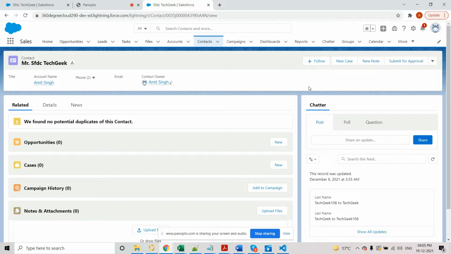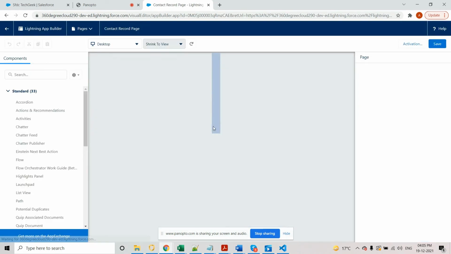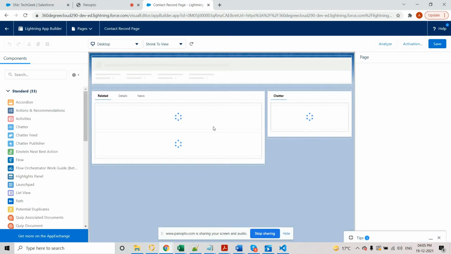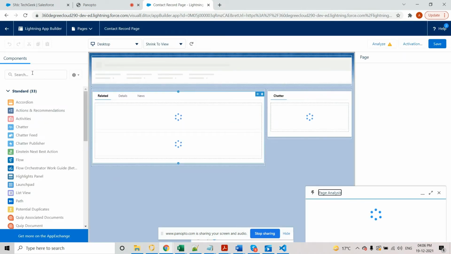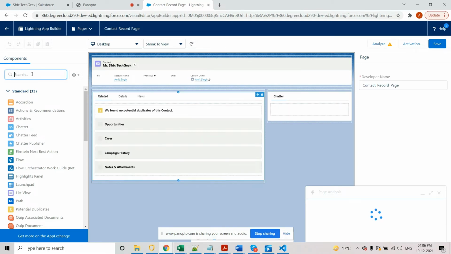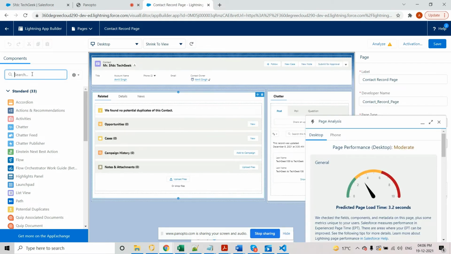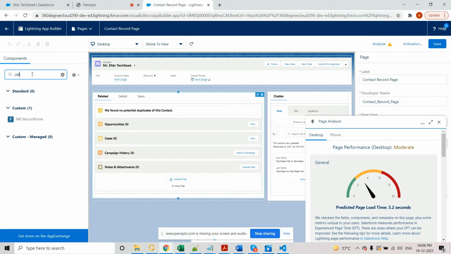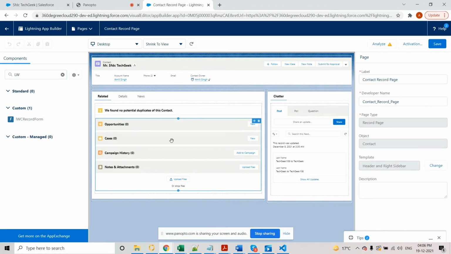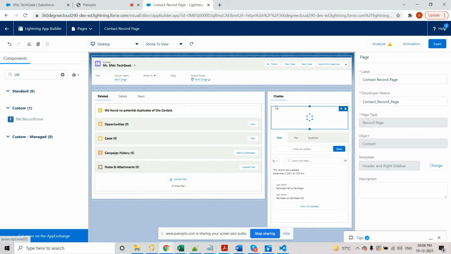On the record detail page, click on the setting icon and click on edit page. Once on this screen, go to the search box and search your component name. We have used it as LWC record form. Drag it to a section where you want to display this record.